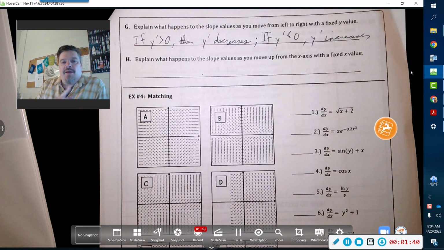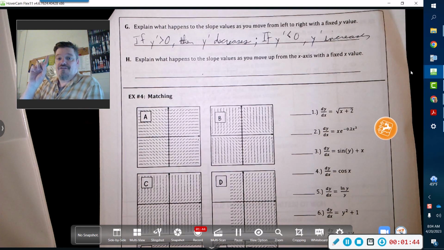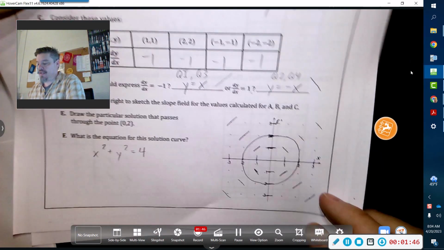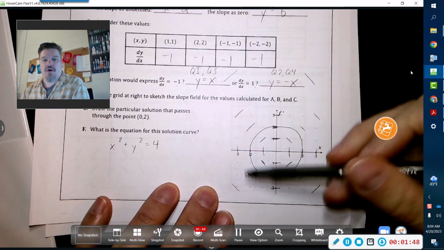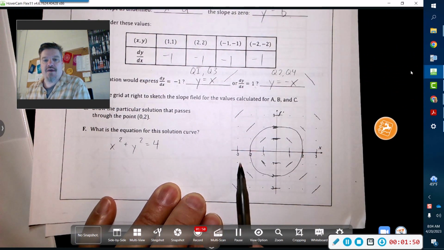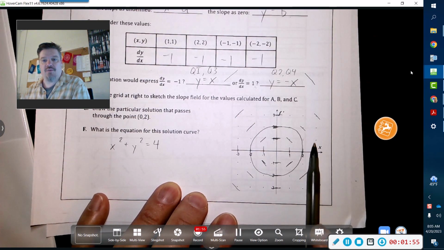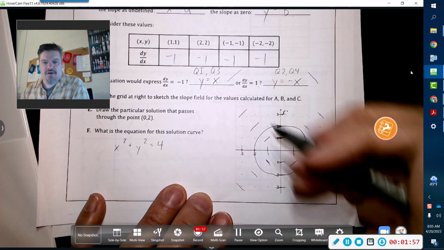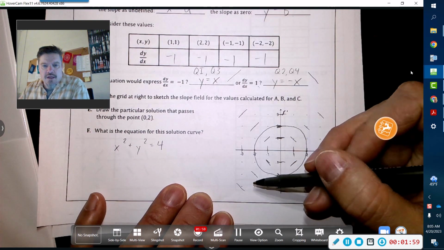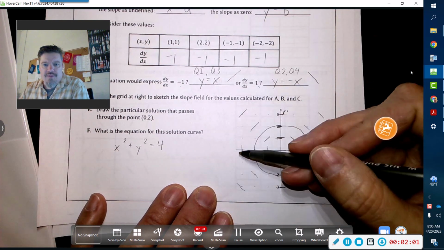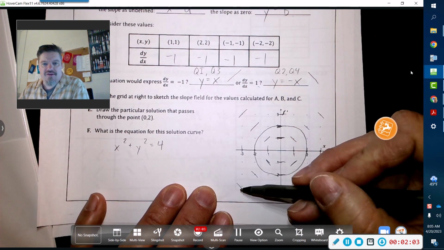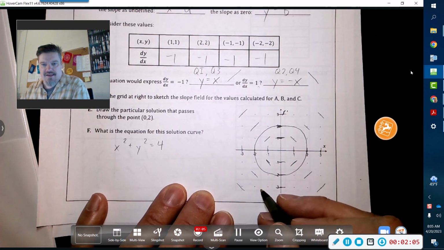Now explain what happens to the slope values as you move up from the x-axis with a fixed x value. So, as you move up, starting low, if it is negative, it'll become positive, and if it is positive, it will become negative. Well, that's the end game, but remember, it does actually go vertical, so maybe what we should say is that,